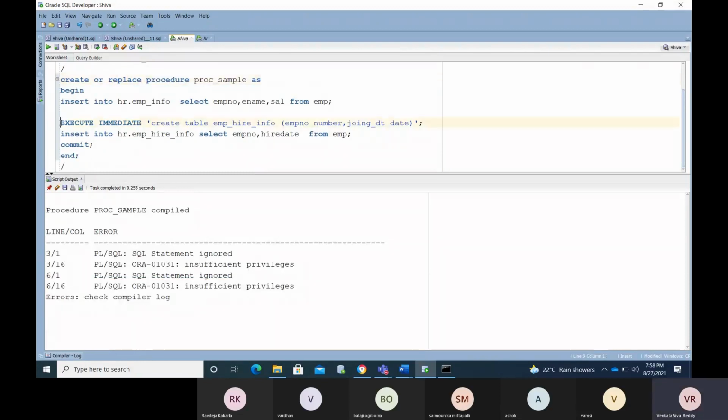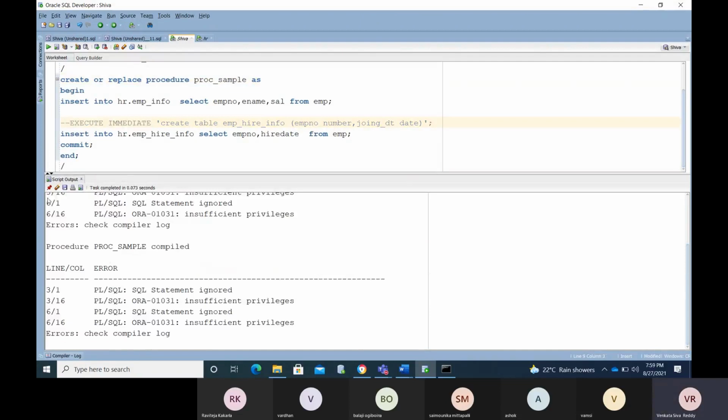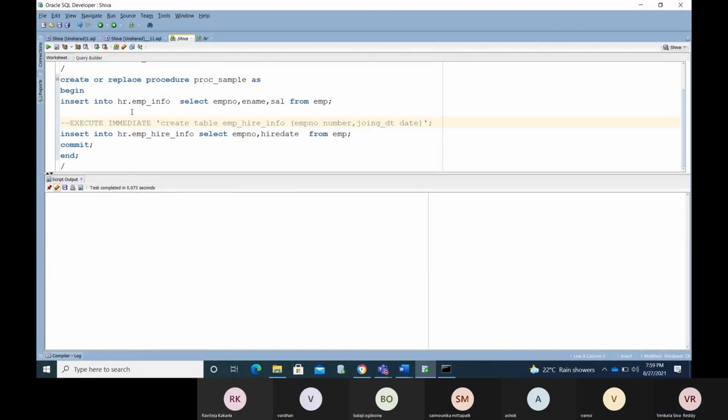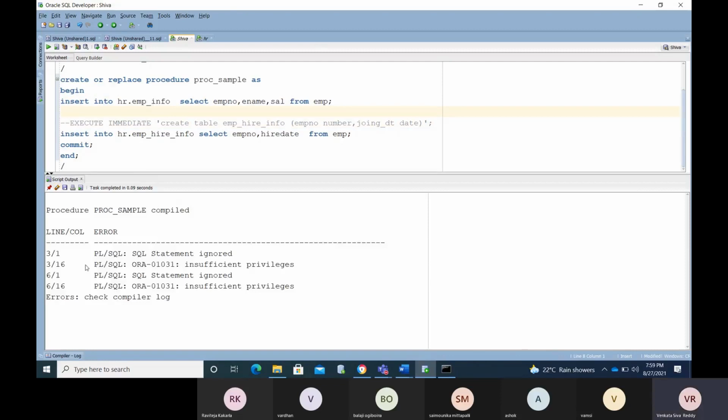If I put this in a comment, the procedure gets compiled and needs to be verified. So you are getting the error in which line? Line 316.